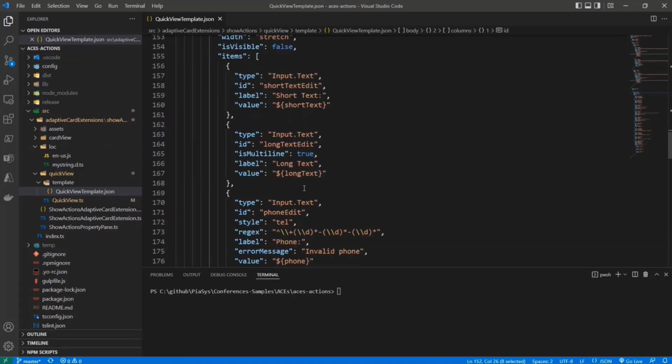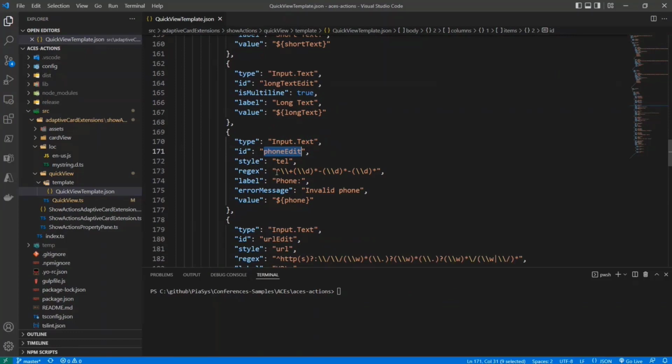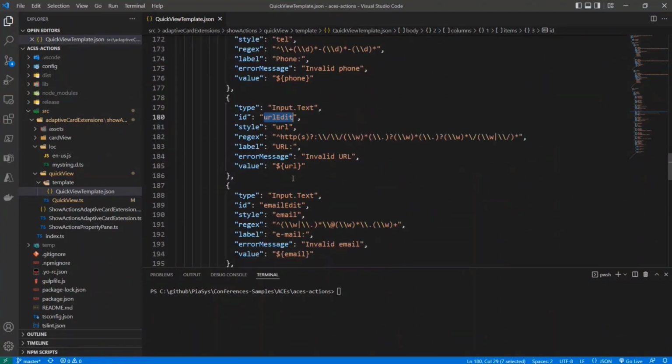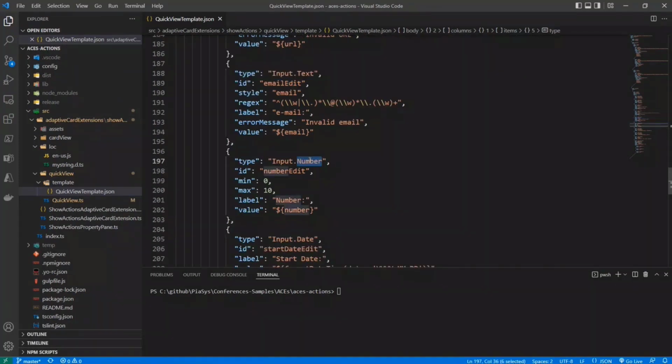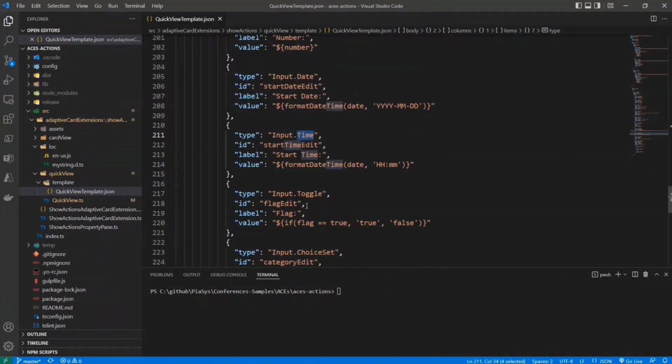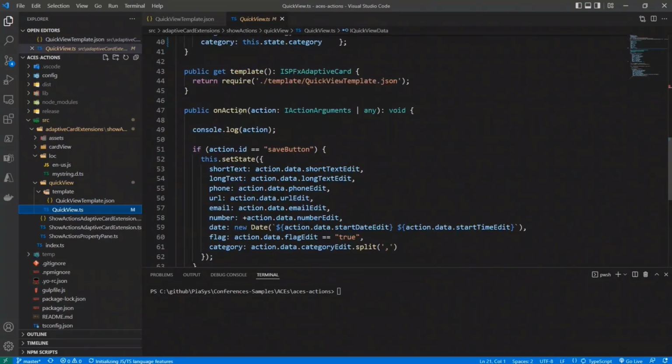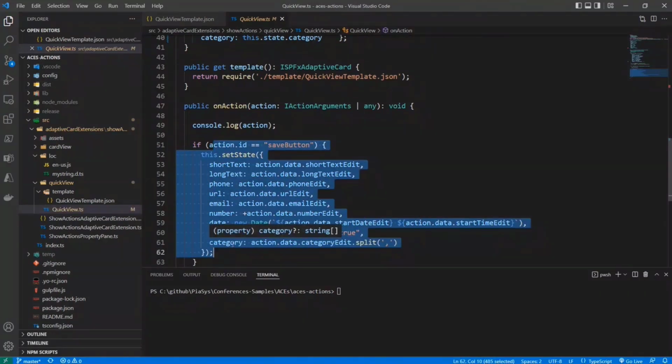And here I have all of the input fields. So I can have a simple input text or a multi-line. I can have a phone field, which will collect the phone number based on a regex and even providing a hint in the UI to the user. I can do the same for a URL with another regex, or for an email field. I can collect numbers, dates and times, as well as I can provide a toggle button or a choice set, as we saw before. And then whenever the user clicks on the action to submit data, again, as before, in the onAction event, we can collect data and store the result in our state, and then eventually in a backend service. This is just to give you an idea of what you can do and how powerful is the